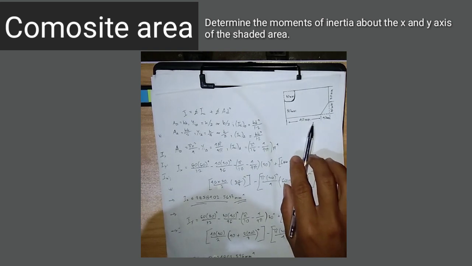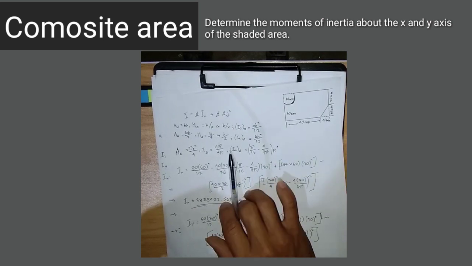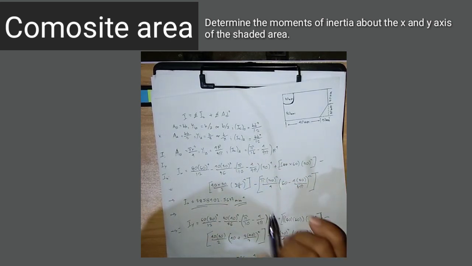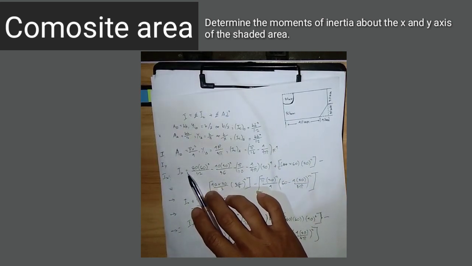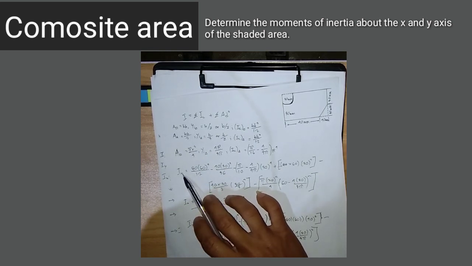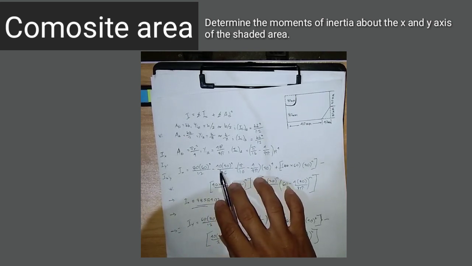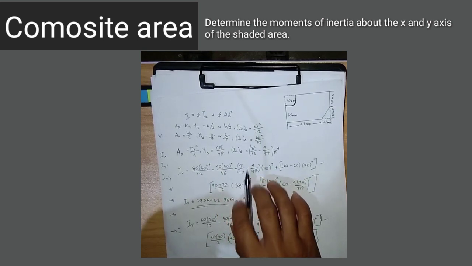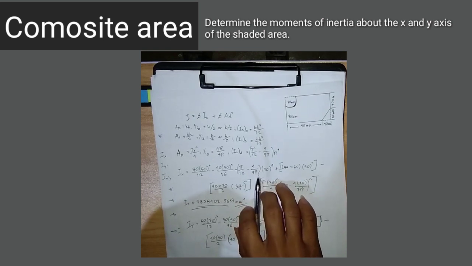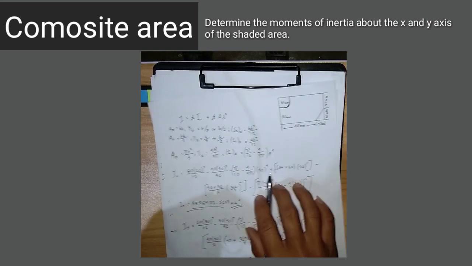Before we solve this problem, we first need to go back to this simple formula, which is helpful for us to solve for the composite area. Now we can solve for the inertia of the composite area, where Ix is equal to 80 times 60 cubed all over 12 minus 40 times 30 cubed over 36 minus pi over 10 minus 4 over 9 pi times 30 raised to the 4th power plus